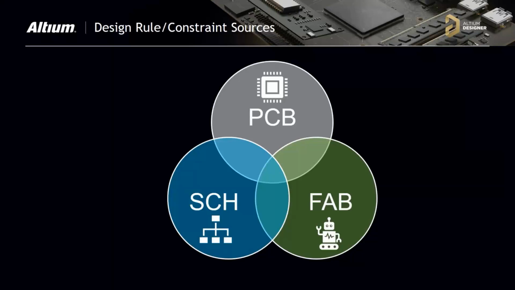So it is very important to get all your inputs from these two departments for designing and building the rules inside your design. Whatever tool you are using, it is very important. You have to take the inputs from the schematic engineer and the fab house. We can implement the same in the PCB to avoid issues in the design.